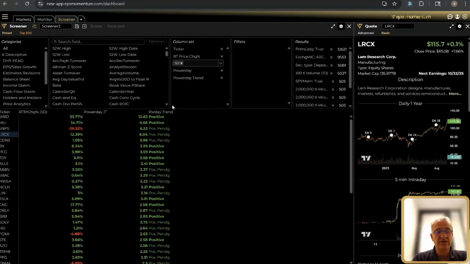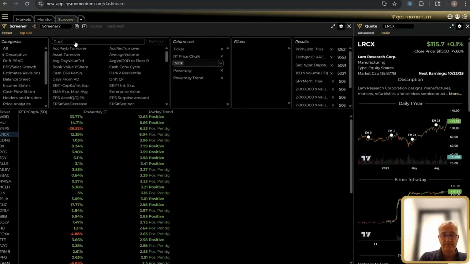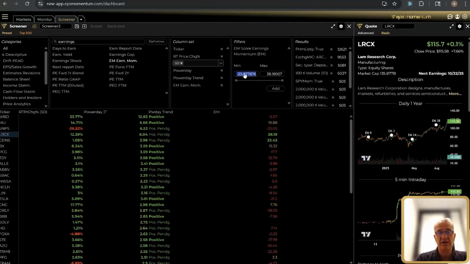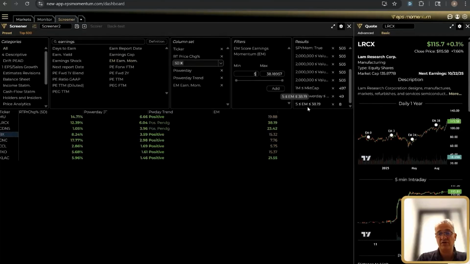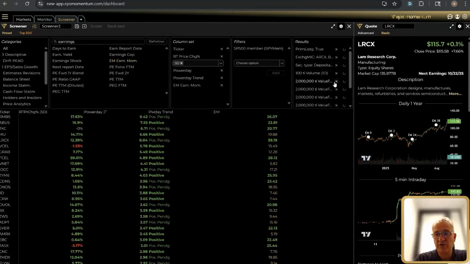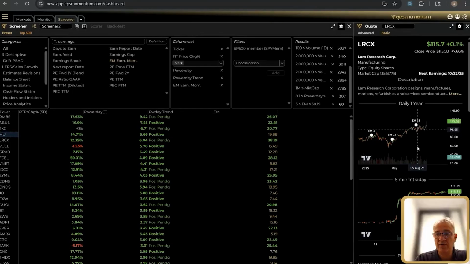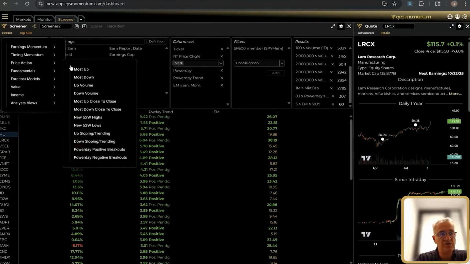But what I can do is I can add, for example, earning momentum. Earning momentum, and here I want a positive earning momentum of say 5. I'll add it as a criteria. So now the criteria is here. Oh, wow. That's quite stringent. Let me just expand and have a little bit more names here. Okay, 60 names. So now we have 60 names that are in upward configuration very strongly and with a good EM. Let me refine here and go into price action,